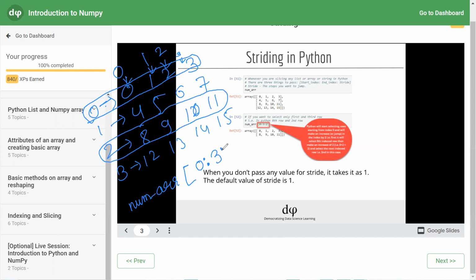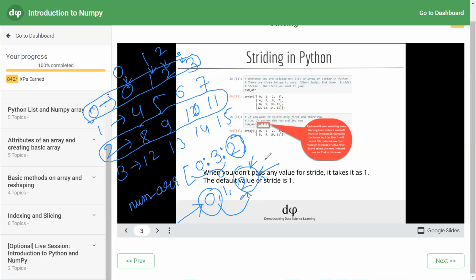So the skipping part is given as colon 2. So this much part will result in 0, 1, 2, and this much part will result in step size. So from 0, a step size of 2. So it will give the row at index 0 and the row at index 2, the first and third row. So this 2 was called a stride, which was the step size.